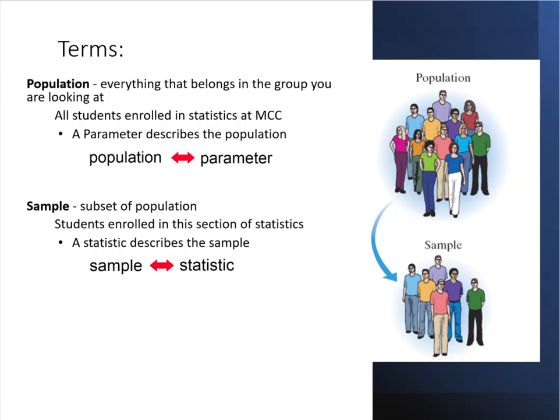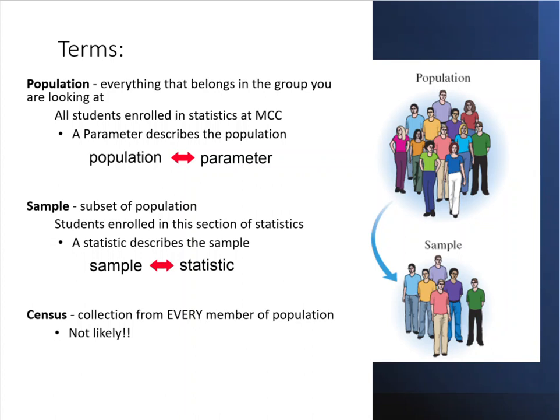But one more term we want to look at before we move on has to do with a census. Now, a census is a collection from every member of the population. And if you remember, in the United States, the government conducts a census of the entire population of the United States every 10 years. So the last census that we had done was in 2020. Now, why do you suppose that they only do a census every 10 years, or every decade?